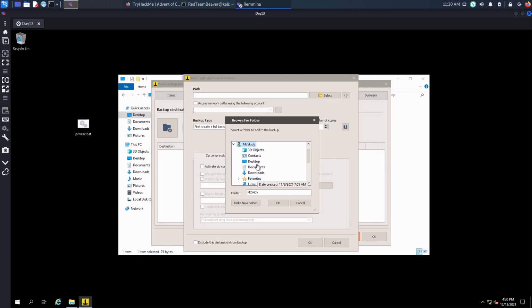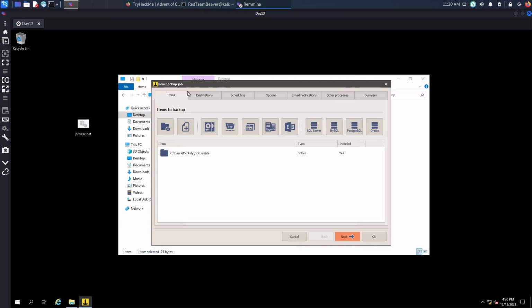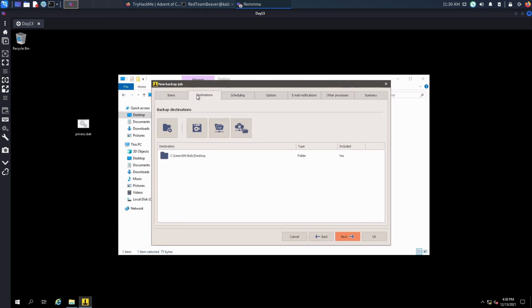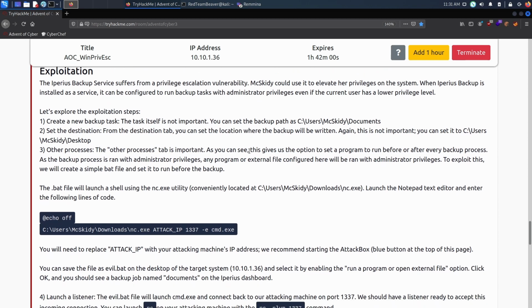Select, make cd, and finally desktop. Press OK and press OK again. So now we have what we need to back up going into our desktop. That's all good. But the other processes tab is what matters, because basically we can run a program after or